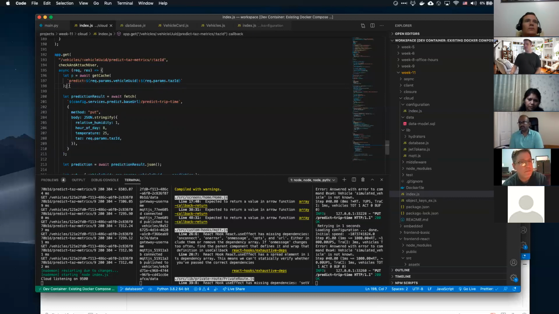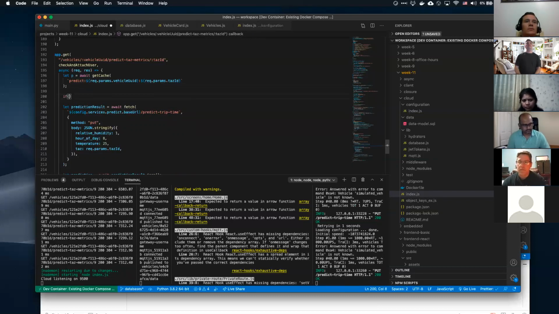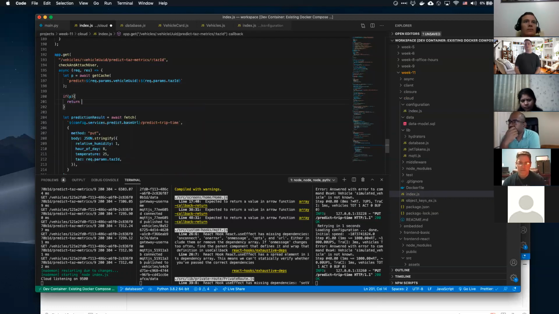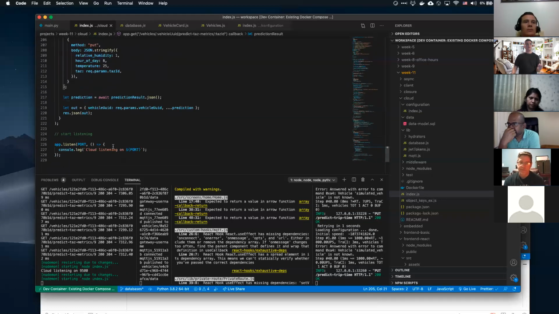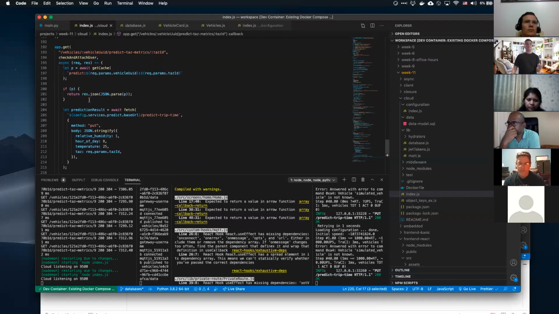So we're really looking for P here. And we can say if P exists. So we just say if P, what do we do? Well, we just return res.json, JSON.parse P, because we're going to store the output, basically this thing, in Redis. And we don't have to do any of this. It's like the quickest operation you can possibly do. Get from the database, go, right? Get from the database, go.